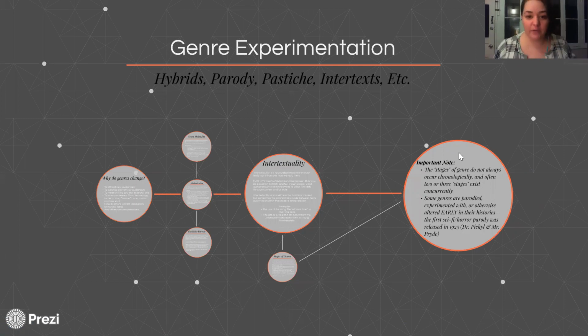We've already established what genre looks like, what it does, how it functions, how it develops over time, and a little bit about how you can tell something fits into a particular genre by looking at its conventions and its iconography. Now, one of the important points about genre is that it's not set in stone and that it changes